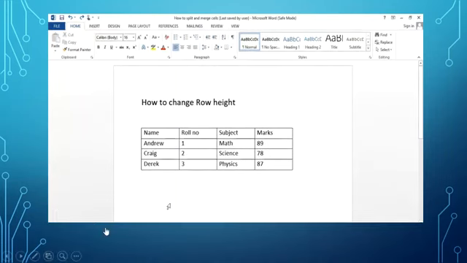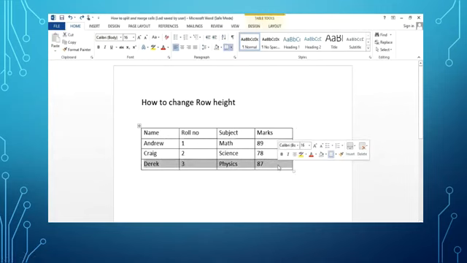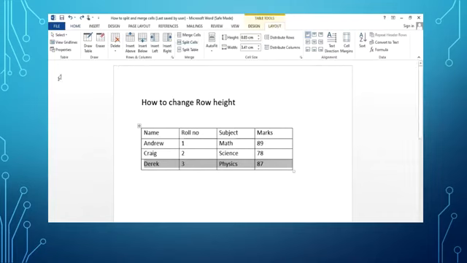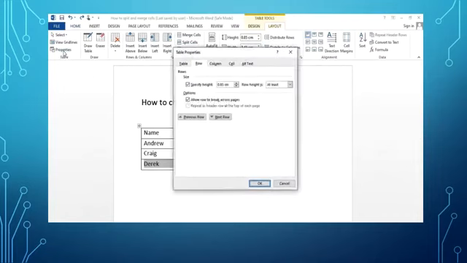Okay student, now I am going to show you how to change row height. All you have to do is insert a table, select the row from the table whose height you want to change. For example, I want to change the height of this row. I am going to select it. Click on the Layout tab. Over here you can see a table group. Click on properties, go to row,